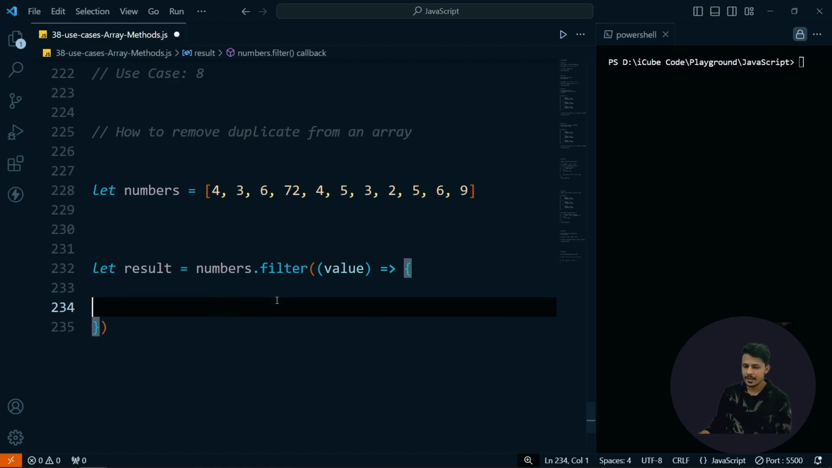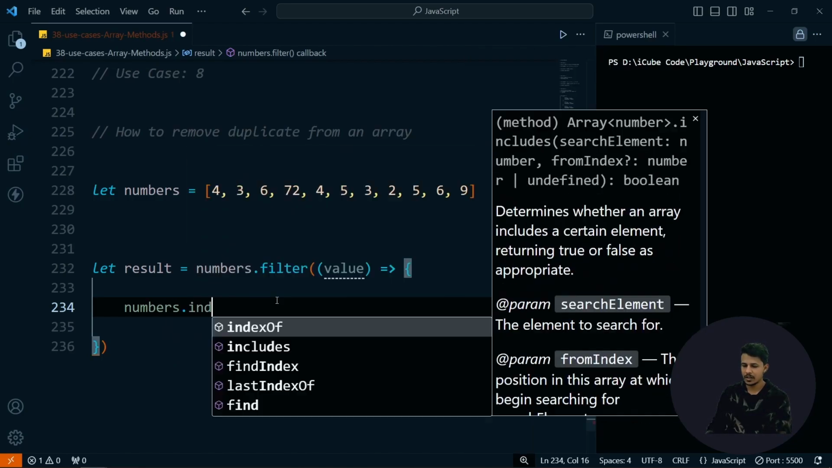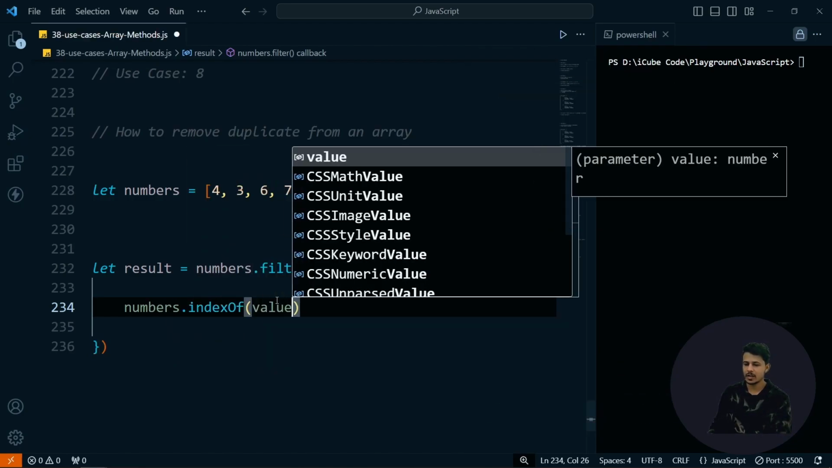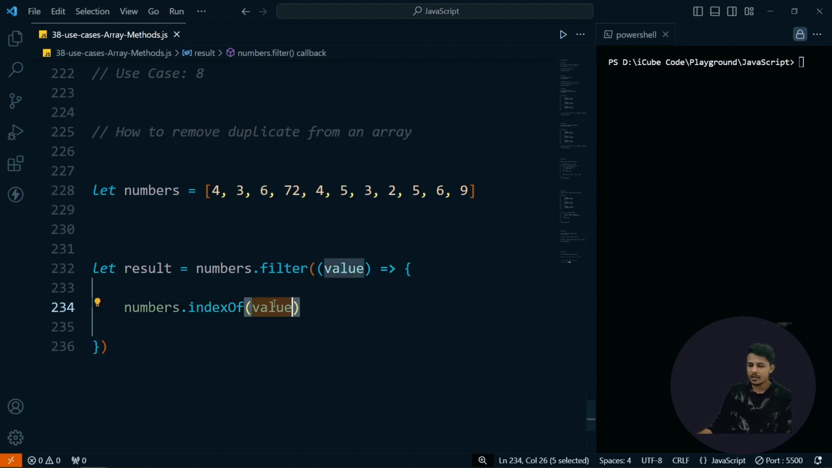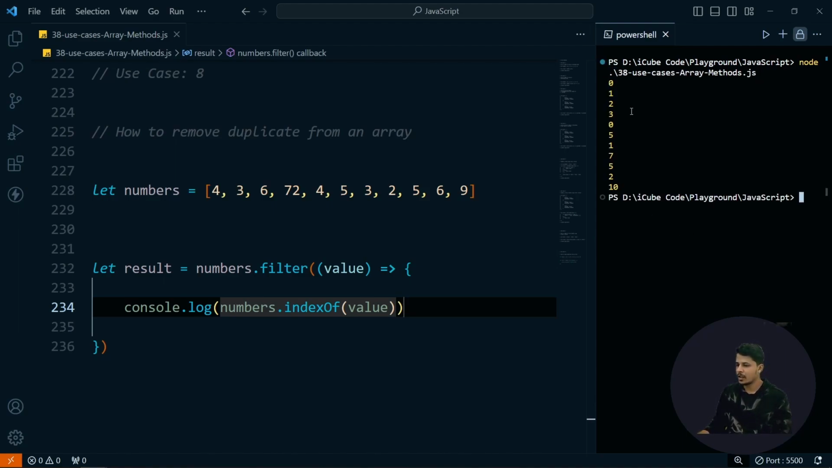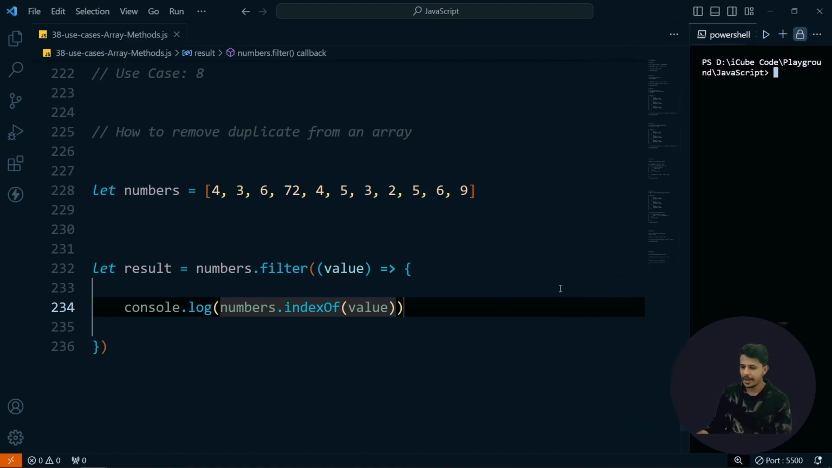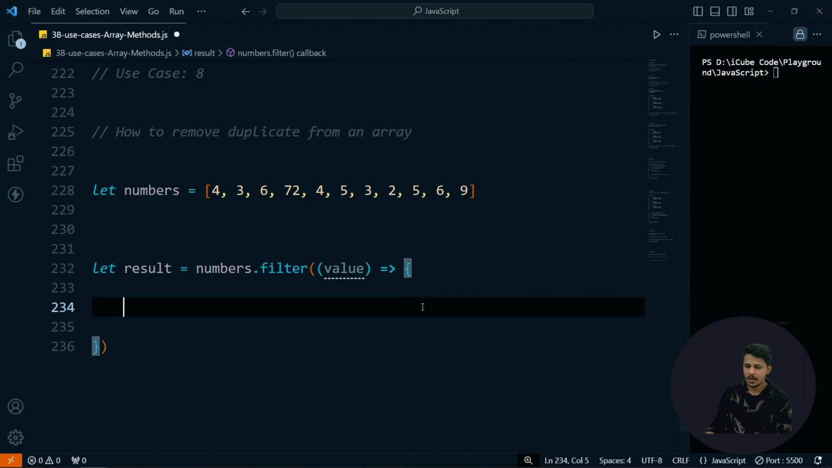As I said, indexOf we are going to use. How exactly we can use it is numbers.indexOf and then value. What indexOf will do is, whatever value you provide, it will return the index of that. Let me console it so we can see it properly here. Run node 38. Now you see we are getting all the index values here. But I'm going to show you the catch here. What is the catch? But before that, let me